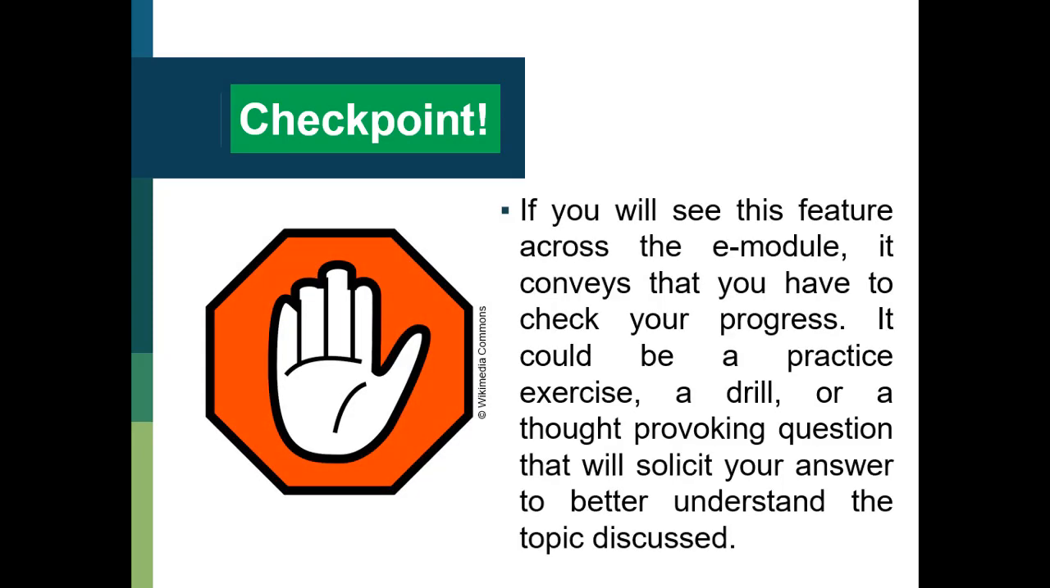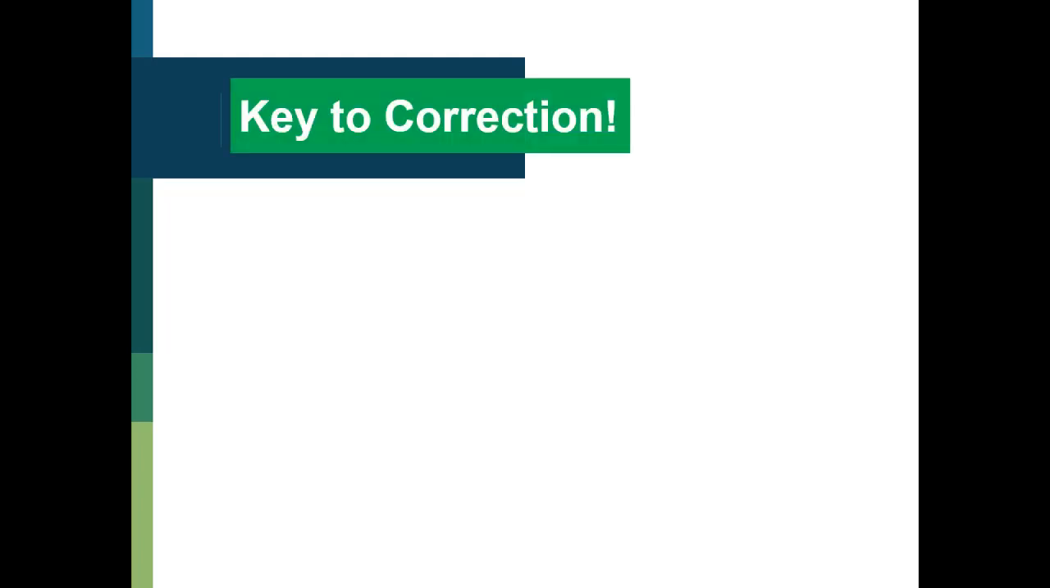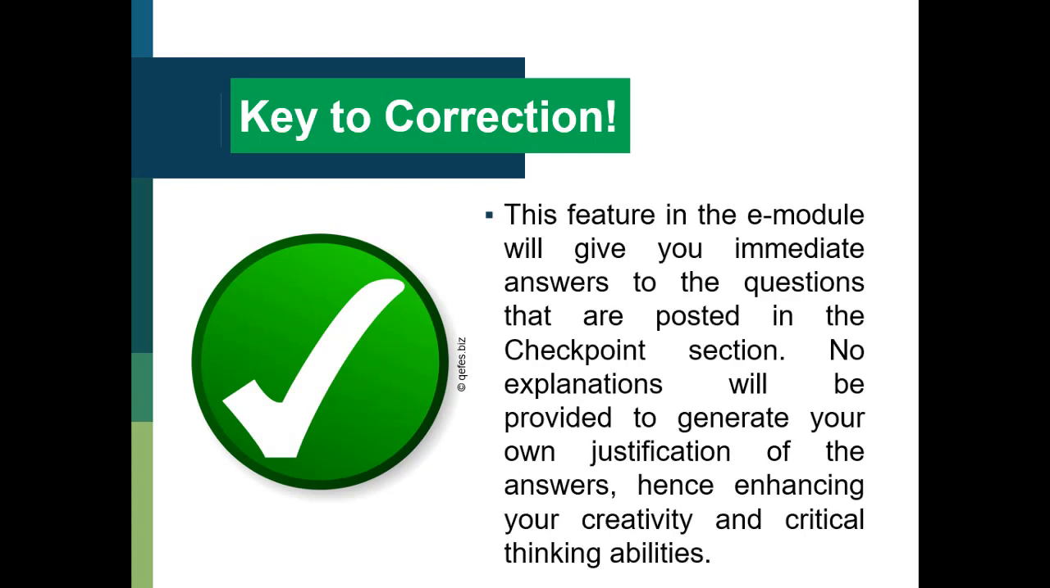But before that, you have to take note of these important features of the E-module. The first one is the checkpoint. If you see this feature across the E-module, it conveys that you have to check your progress. It could be a practice exercise, a drill, or a thought-provoking question that will solicit your answer to better understand the topic discussed. Another feature is the key to correction. This feature gives you immediate answers to the questions posted in the checkpoint section. No explanations will be provided, so that you generate your own justification of the answers, hence enhancing your creativity and critical thinking